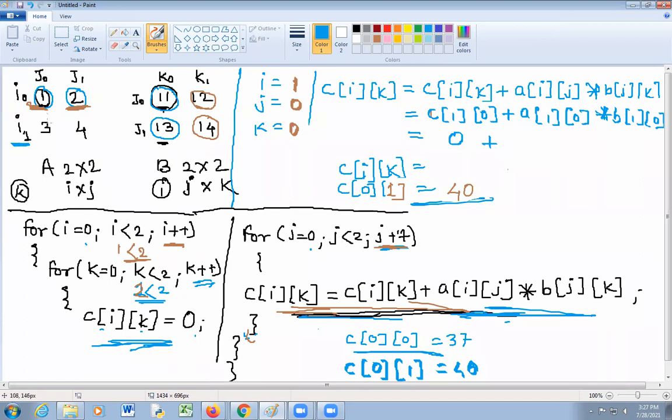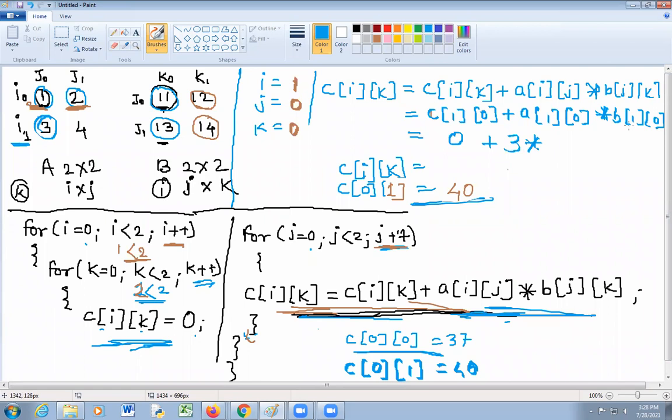Value of i is 1, j is equal to 0. So this is 3. So 3 into b of 0 0, since j is equal to 0.